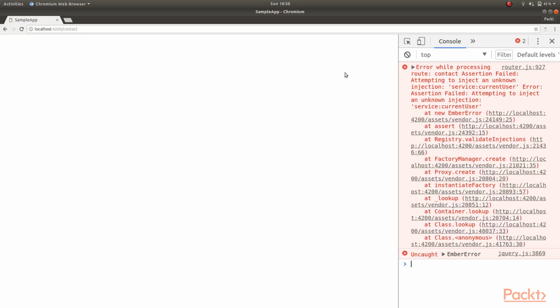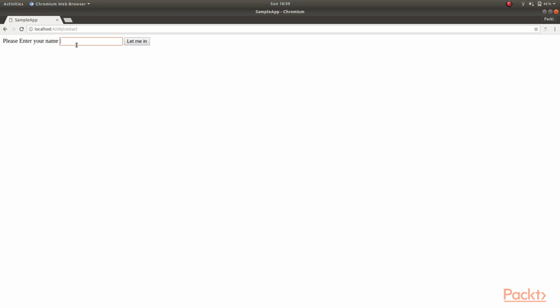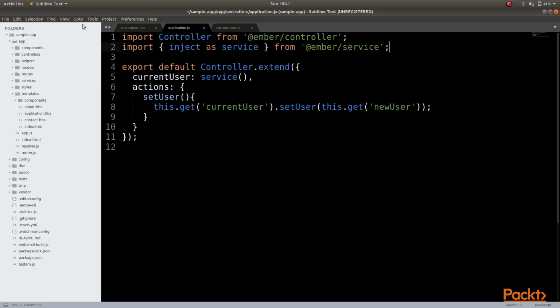We need to then restart our application, and then when we load our application, we are presented with an input to enter the name, and now we see that the application displays the information with the name that I entered. The reason that the current user service is available across all our routes is because it has been injected as a dependency on the application controller, and that is achieved by importing the inject as service